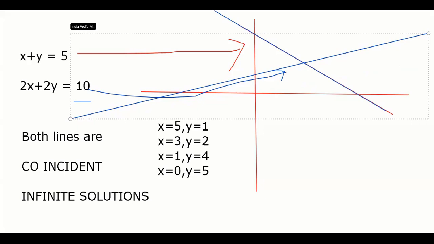Because जहाँ जहाँ पे they are touching, it's a solution. So tell me, if one line is above the other, they are touching everywhere, right? Each and every point they are touching. So that is the infinite solution. ये हुआ second case. And the third case,